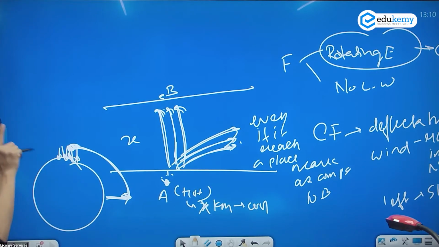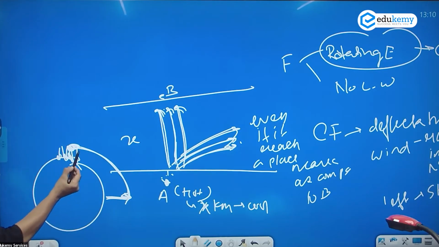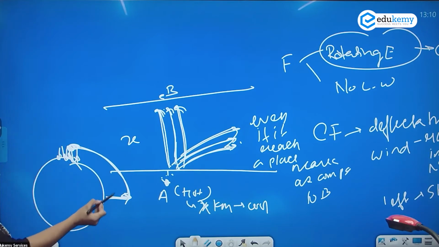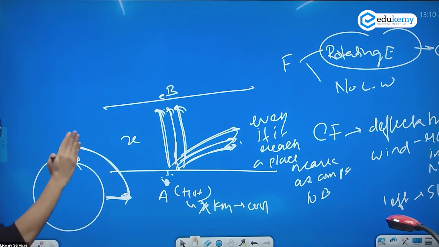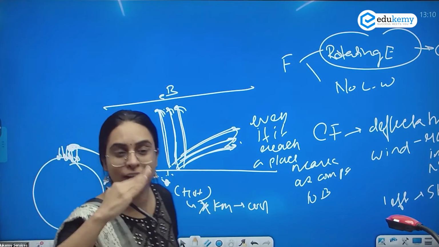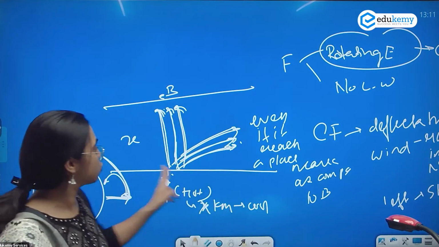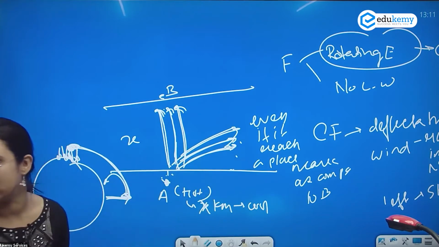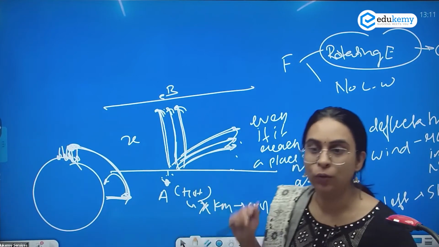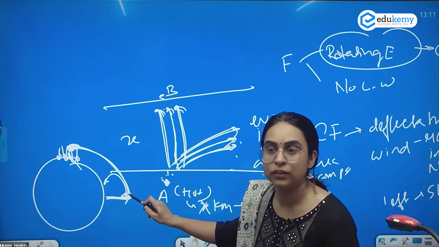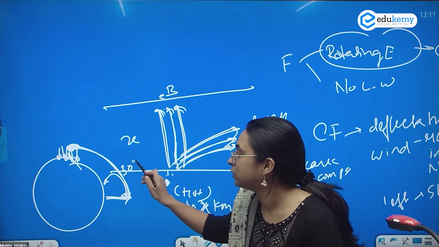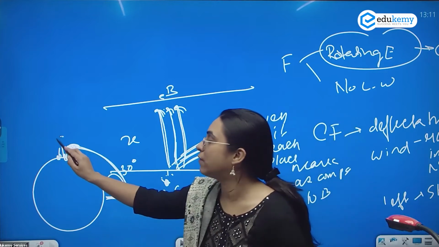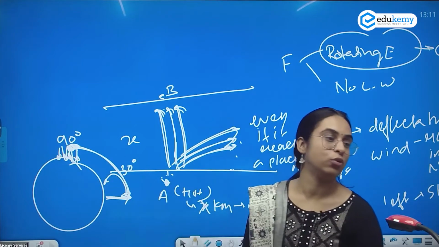The moment you account for Coriolis force, will the wind have to travel as far as pole to cool? Yes or no? My question is, the moment you account for deflection, अब deflection account कर रहे हो, will the wind have to reach as far as pole to cool, या जल्दी ठंडी हो जाएगी? जल्दी ठंडी हो जाएगी, right? क्योंकि deflect कर रही है तो उतना उसको दूर जाना ही नहीं पड़ेगा, पहले ही ठंडी हो जाएगी. So as per Ferrell, the wind cools even when it reaches 30-degree latitude. It doesn't have to travel as far as 90-degree latitude to cool.